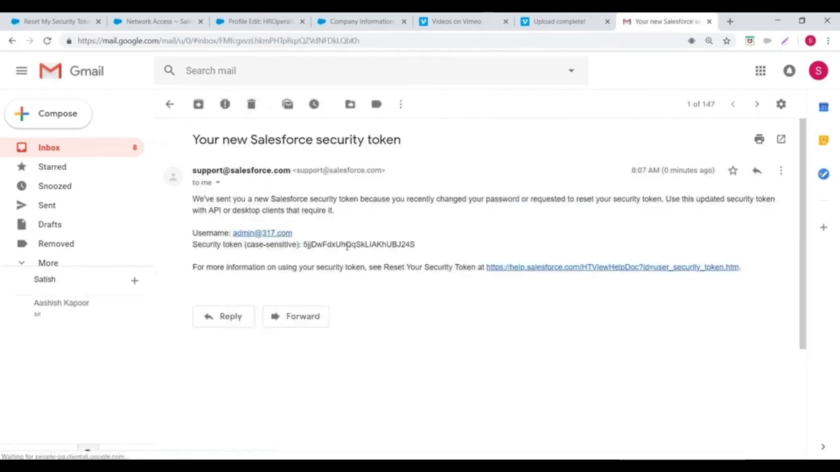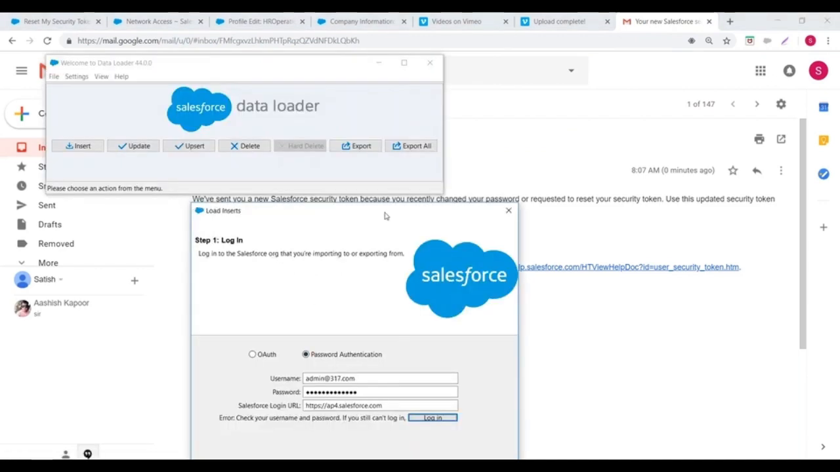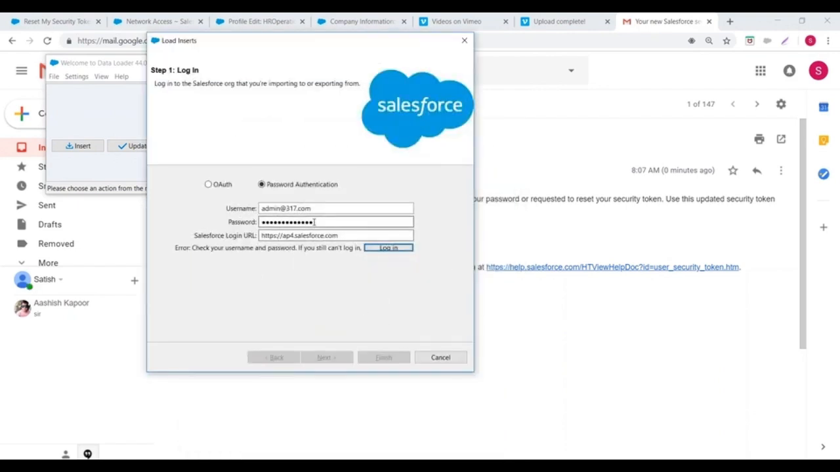They sent me one extra token. Now if I want to log in, I have to log in with username, password, followed by the token. If you want to log in from any external system, username, password,